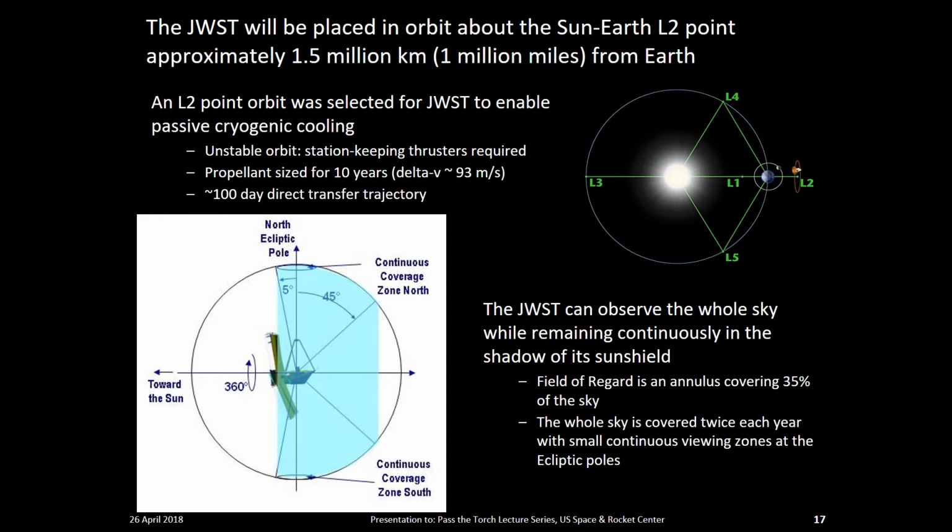So we're going to go to a special spot in space called the second Lagrange point of the Sun-Earth system. That's a mouthful, don't worry about that. It's a point in space that's 1 million miles away from the Earth in the anti-sun direction. And it turns out that that spot in space has a couple of special properties that really make it ideal for this mission. We're going to be in a little orbit about that point called a libration point orbit, and